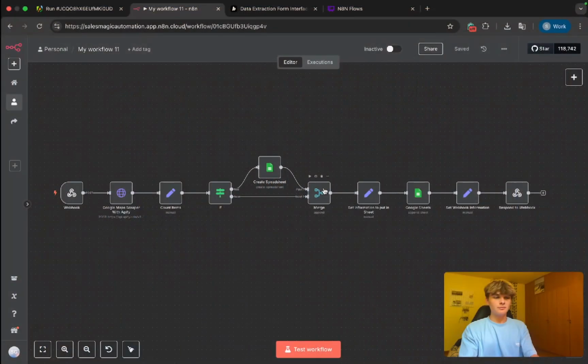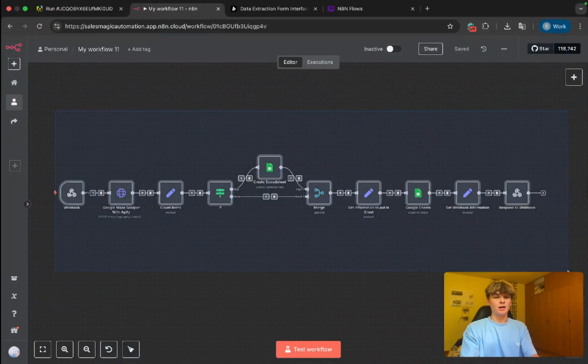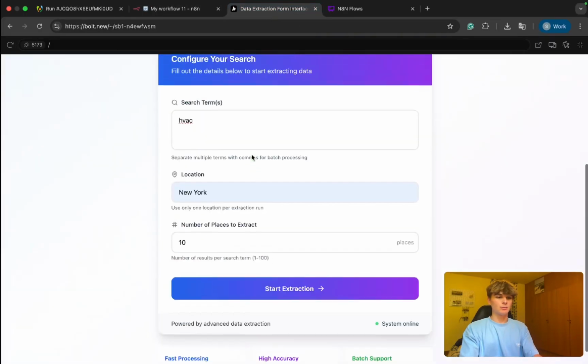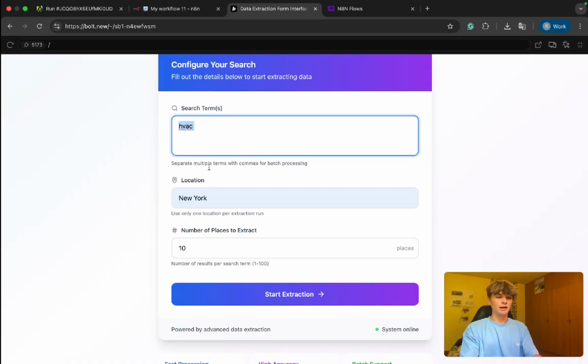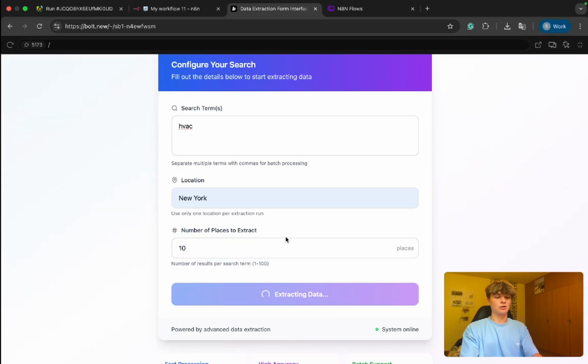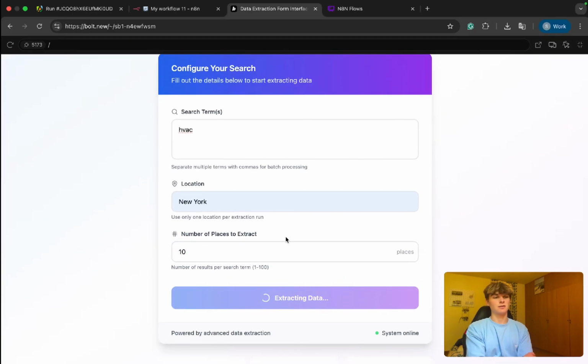Here we go. So I have this n8n scenario here, an automation I built to scrape Google Maps, and then what I've done is added a very simple front end using BOLT.NEW in here. So let's run this. I've already filled out a form. Search terms: HVAC. Location: New York. How many companies do you want to extract? 10. Start extraction. In just about 30 seconds, we're going to be receiving a Google Sheet with 10 companies scraped